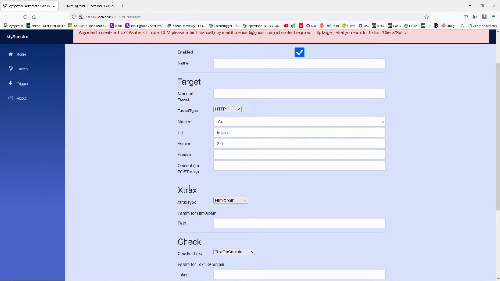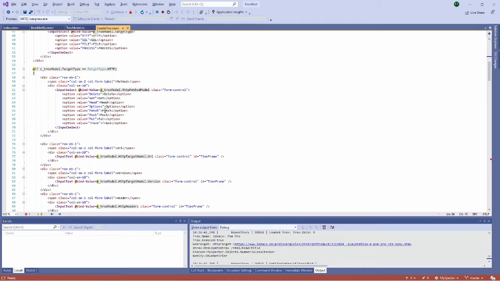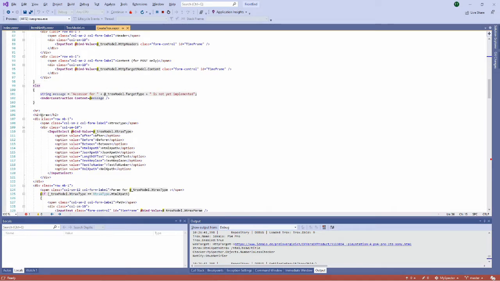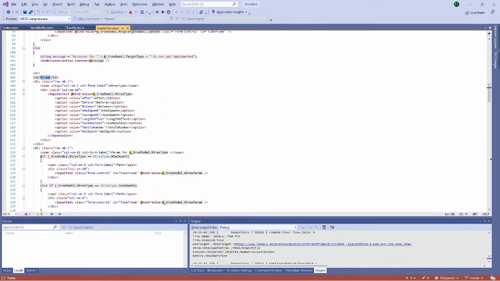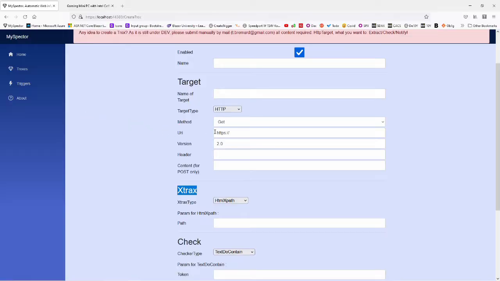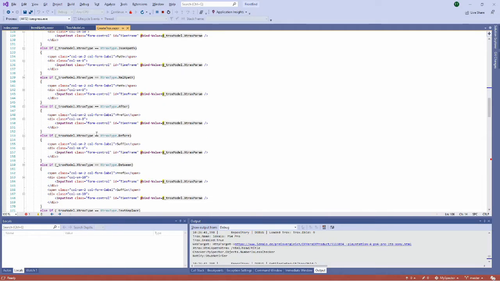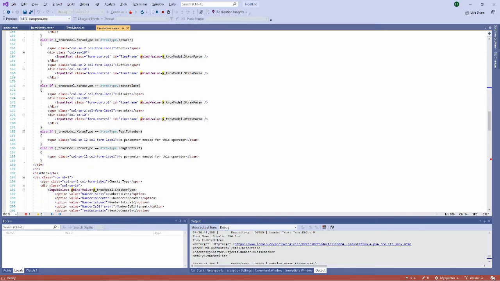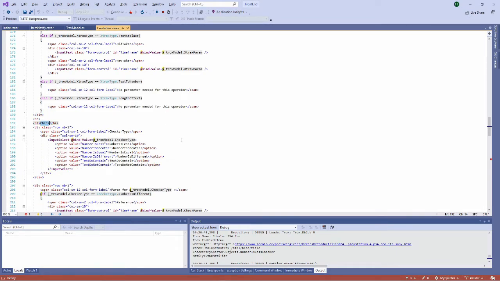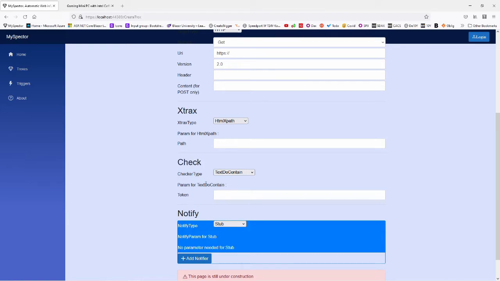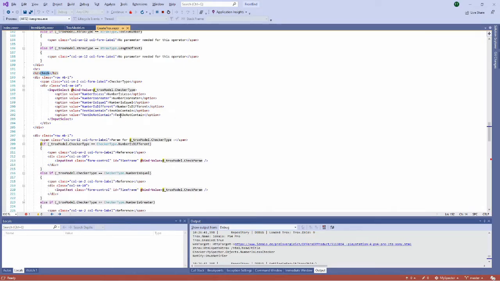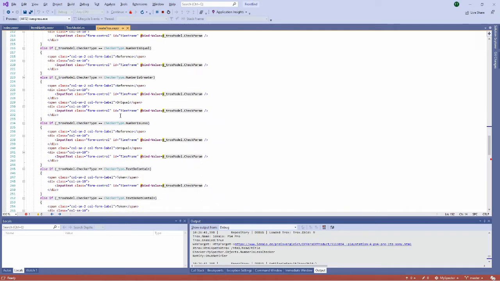Then you have the extracts part, which should be below. It is here. Okay, you see all this stuff. Then after the extract, there is a check, which is there. And then there should be the notify.